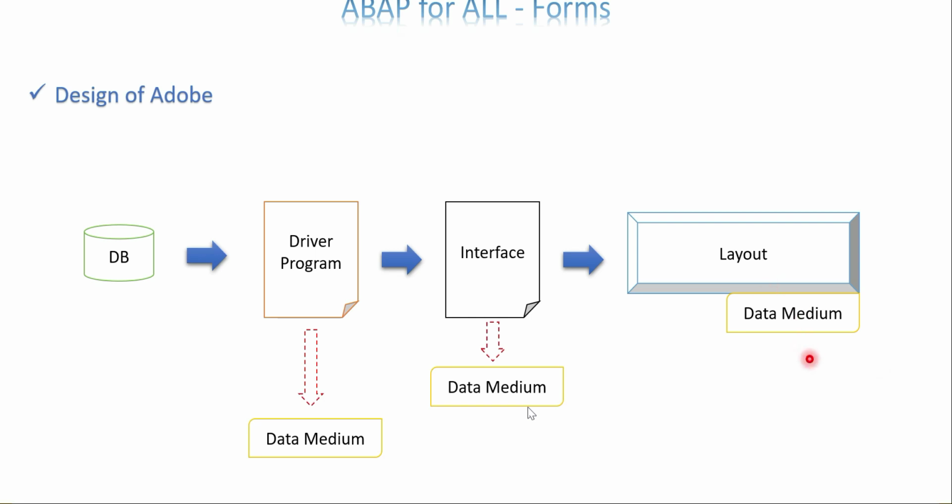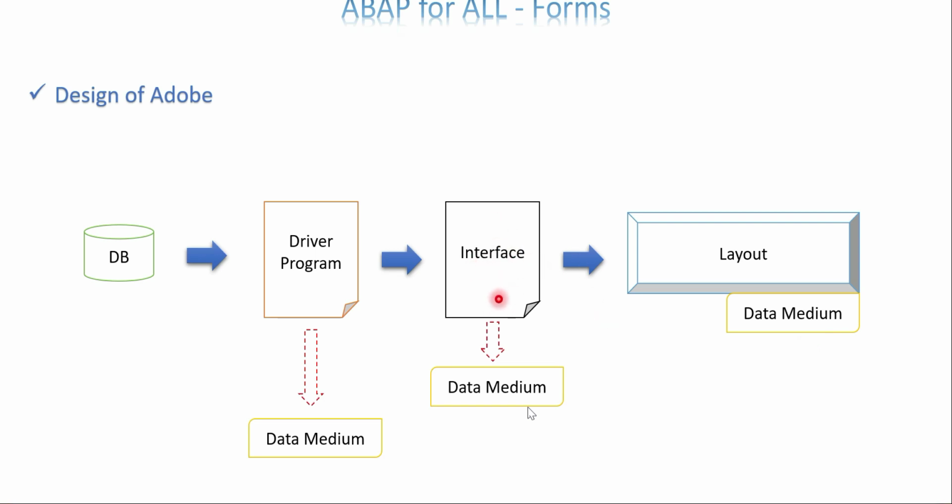It's not the interface, because there may be different field names between the interface data medium or variable and the context variable. So you need to first identify the context data medium or variable from your layout, that is, the binding variable for a particular field. That is the one thing. Once you identify that,